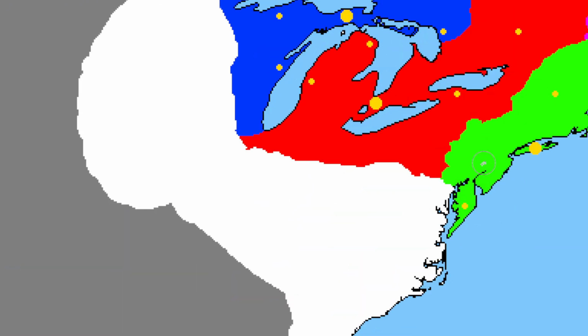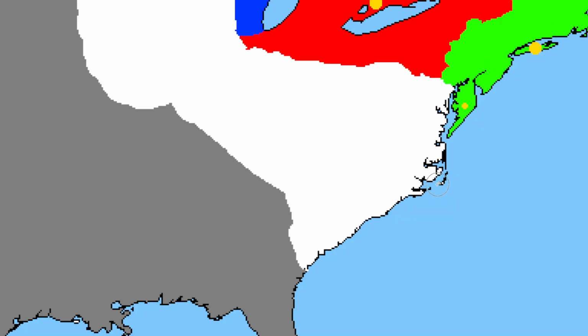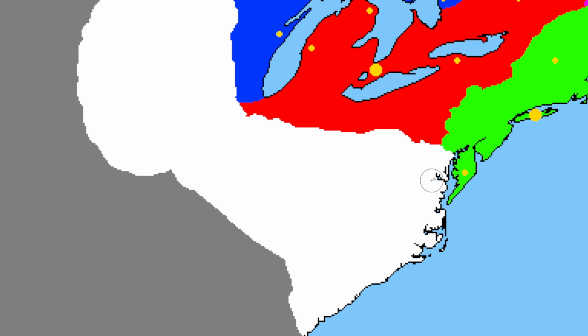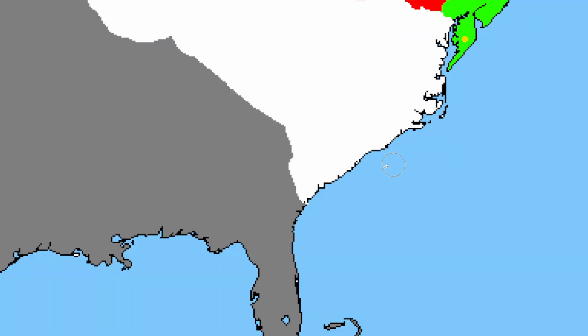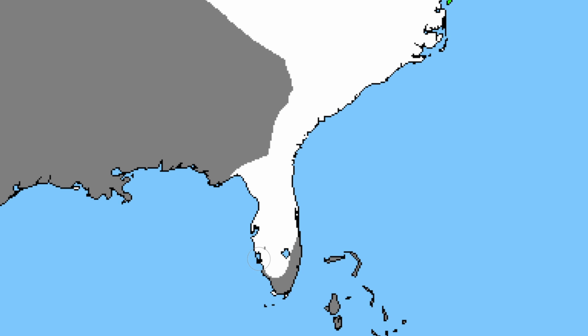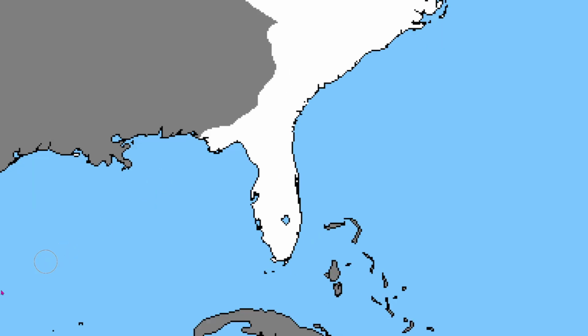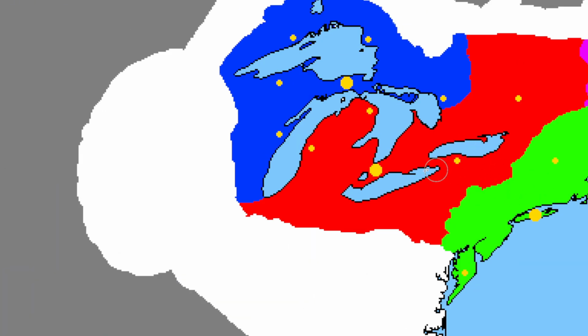Eventually, we see a group from the green team. A pretty sizable party managed to make their way all the way down the east coast into Florida. And what we see happening is this group breaking off from the green country, which is kind of ironic because that is exactly how the green country formed. They broke from the red after exploring.